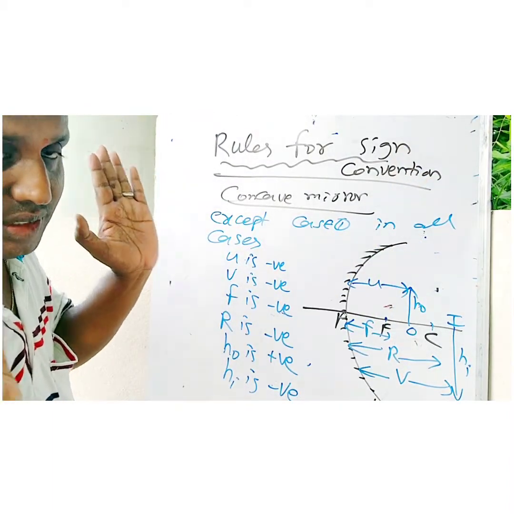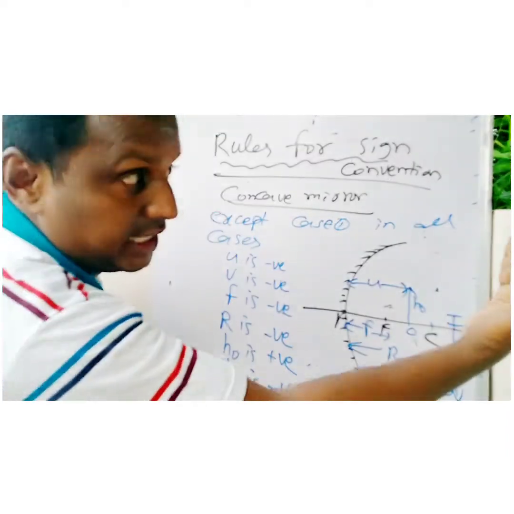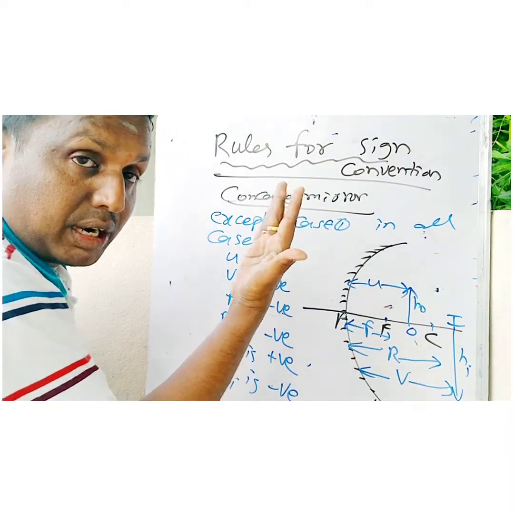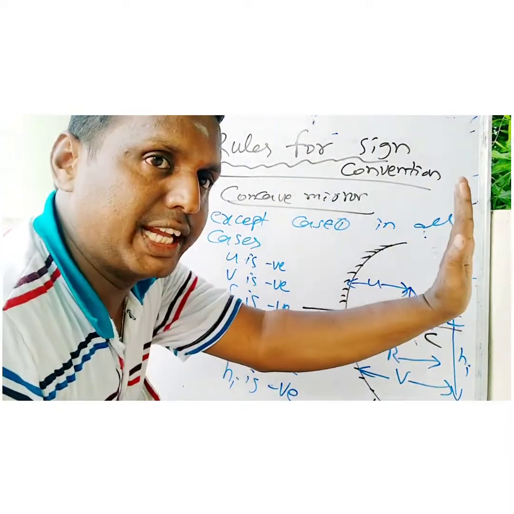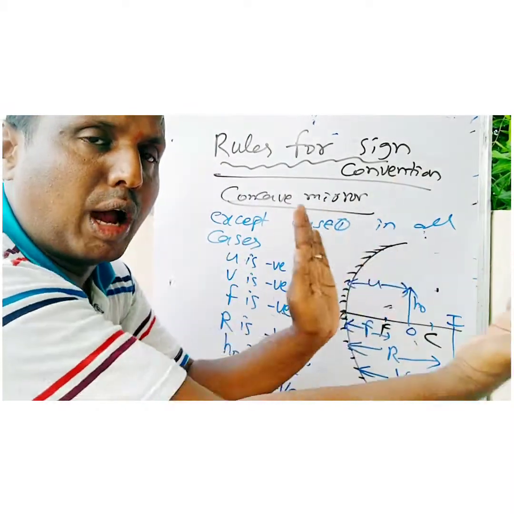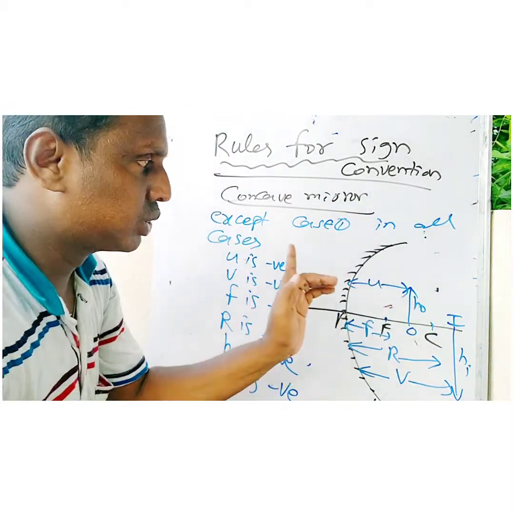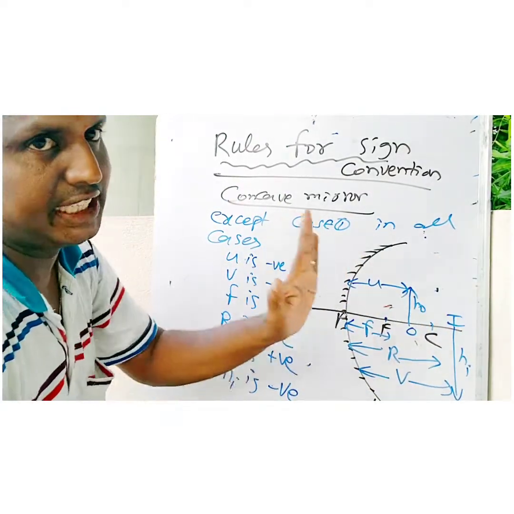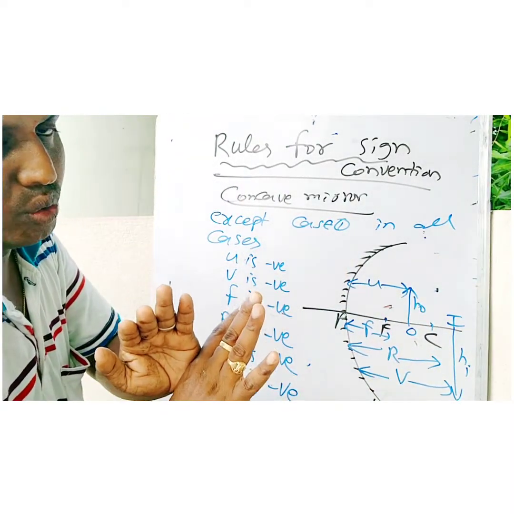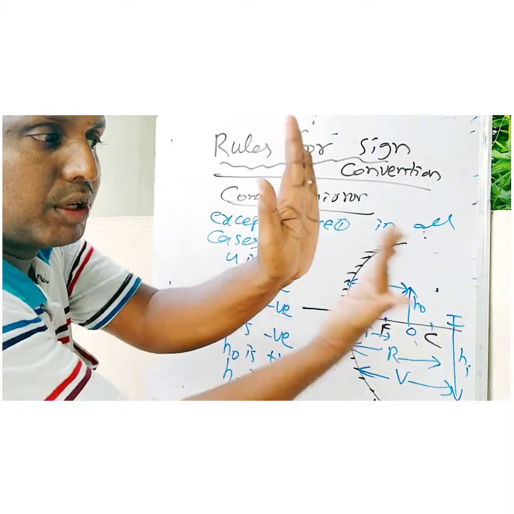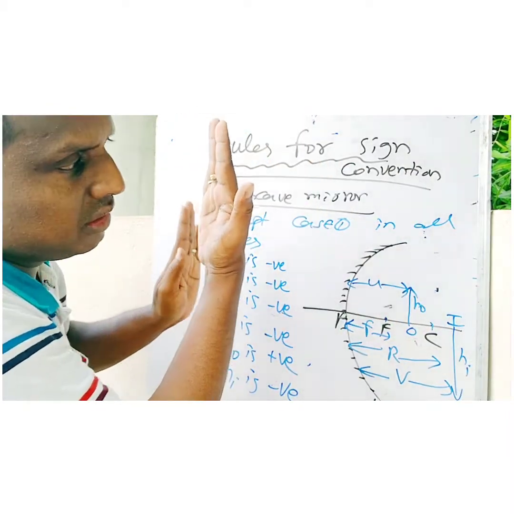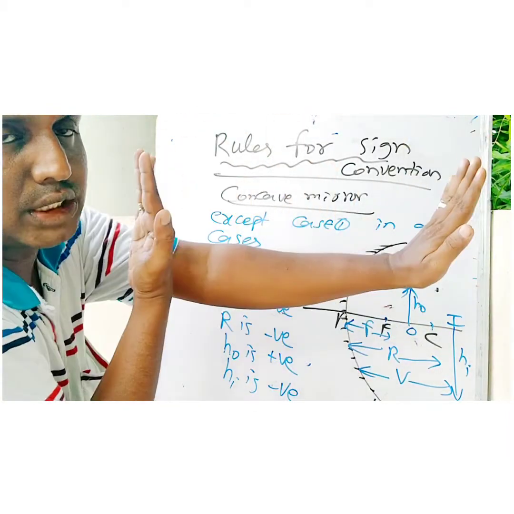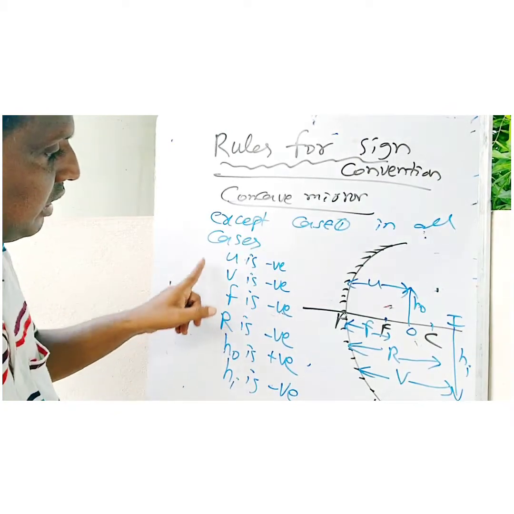Once again, the incident ray is coming like this, but according to the rule, we measure from the pole like this. So both are of opposite direction. That's why U negative, F negative, R negative, V negative. This is according to rule 1 and rule 2. In the same direction would be positive, but here both the incident ray and the distance measured are opposite. That's why these 4 are negative.